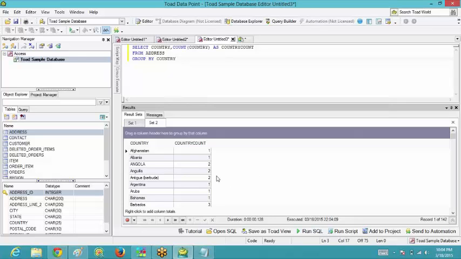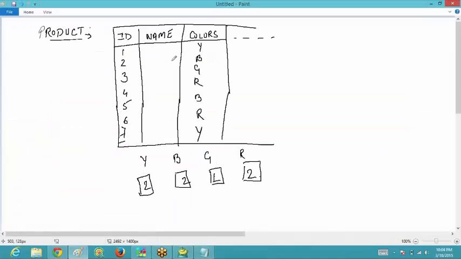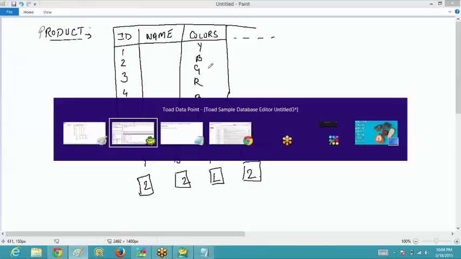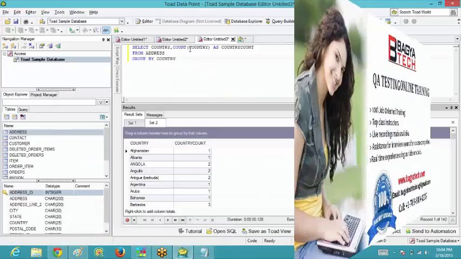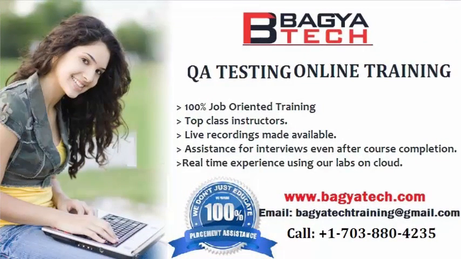See, previously when I told you to find out the distinct country, you were able to get only the distinct names of the countries which are present, right? You were not able to get how many times that name is present. So what we have done, we have counted how many times the country is present by grouping it by the country. Firstly, we have created the groups over here, and then after that we have done the counting. So for counting, the keyword that we used is count country.